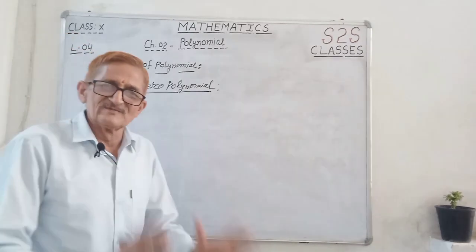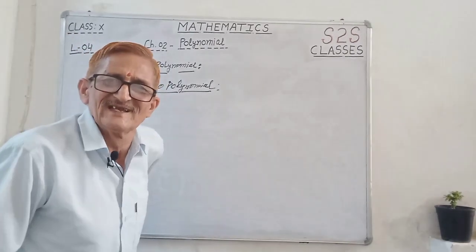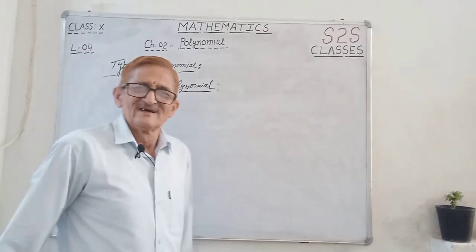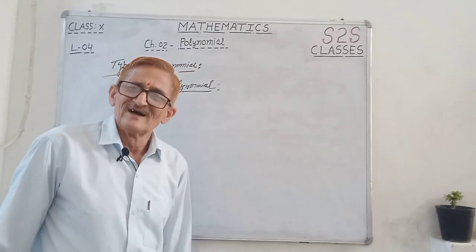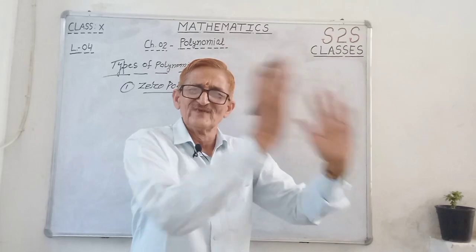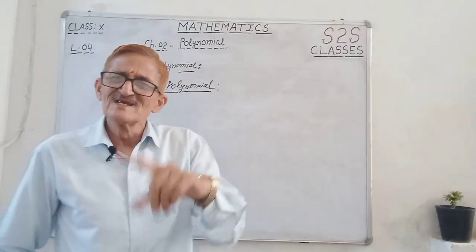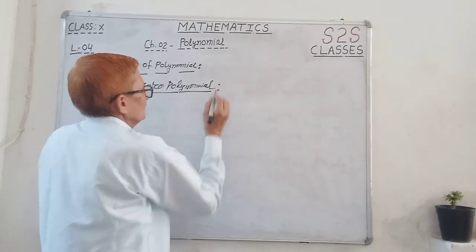From all real numbers, 0 is taken separately to give it a separate name of the polynomial. All other real numbers are in one category, in one type of polynomial, but only 0 alone is in the zero polynomial. So zero polynomial means only